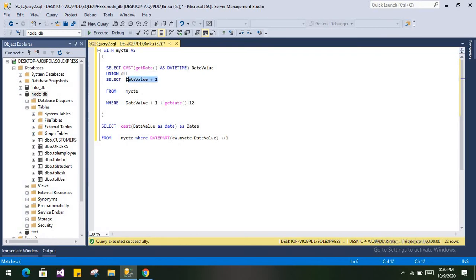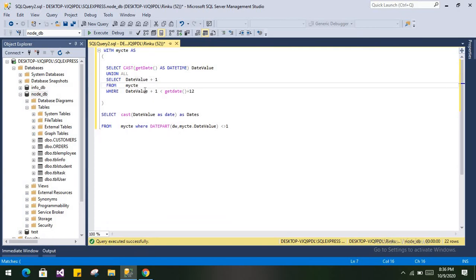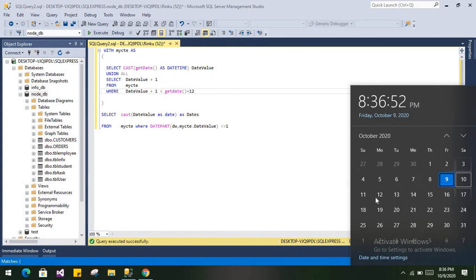What it will do is iterate the loop until the date value plus 1 is less than getdate plus 12, meaning up to 20th October.